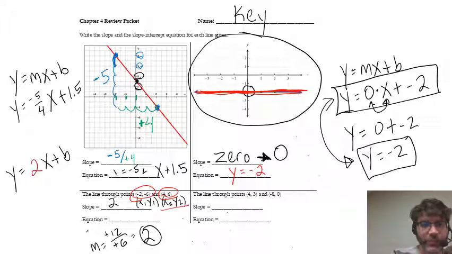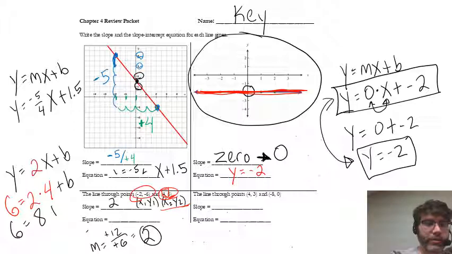6, okay? 4, 6. So 6 is the y, and then 6 here, equals 2 times the x with the x that corresponds to the y of 6 is 4. So put in the 4 and then plus b. All right, so this is 6 equals 8 plus b. Subtract 8 from both sides, and you get 6 minus 8 is negative 2, so you get b equals negative